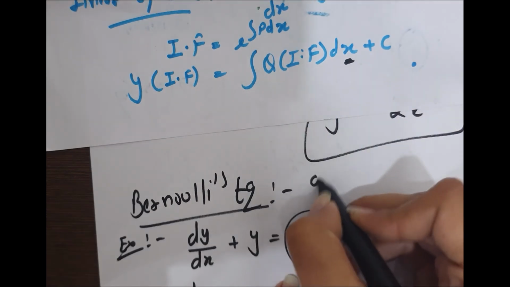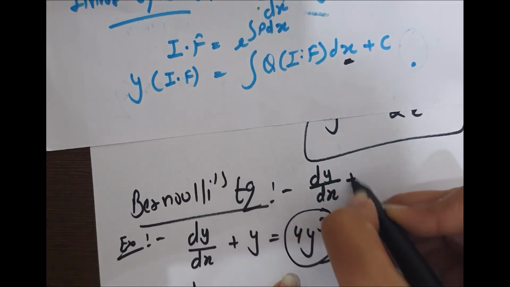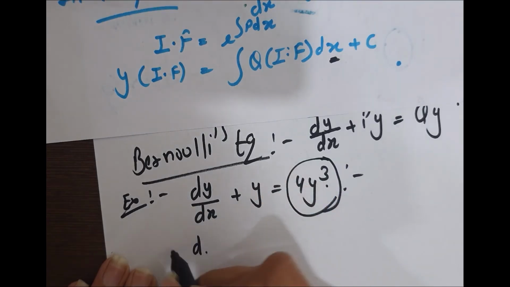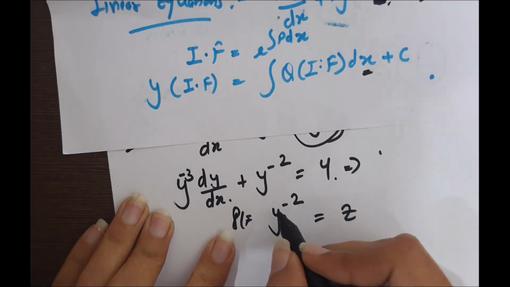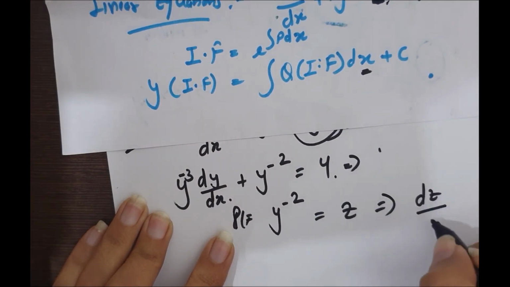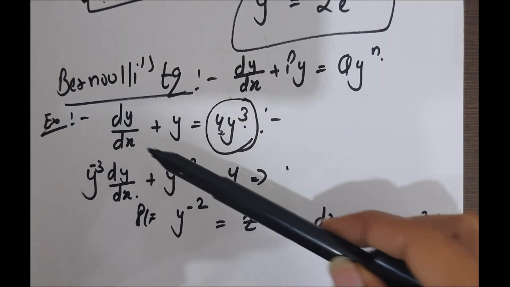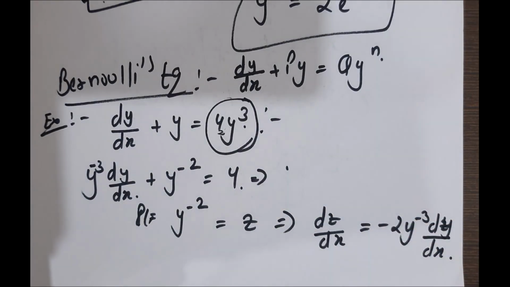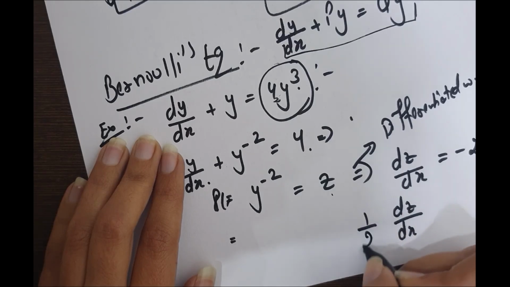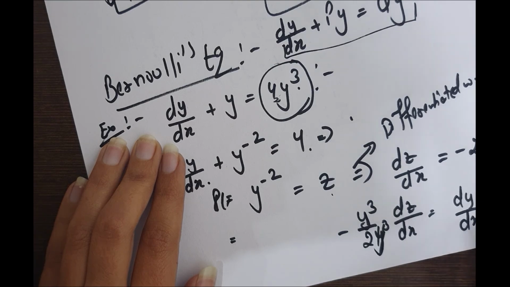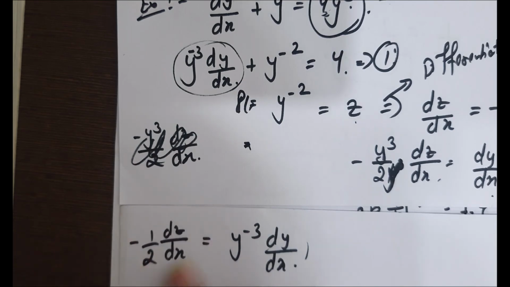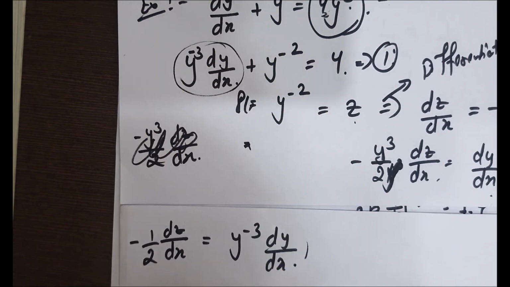So the standard form of the Bernoulli equation is this. Take y cube to this side. We have to take this part equal to z, so it comes out to be dz by dx. Now this is a Bernoulli equation. Now I am telling you how to convert a Bernoulli equation into a linear equation. dy by dx is equal to 1 by 2. We got this. Now substitute it. We will put this in place of this.